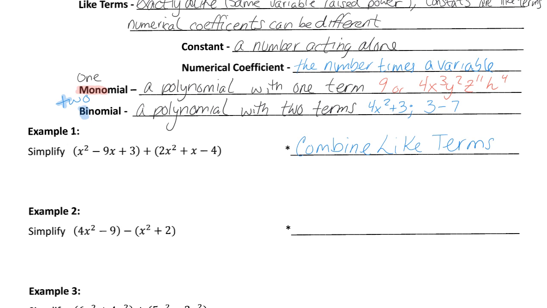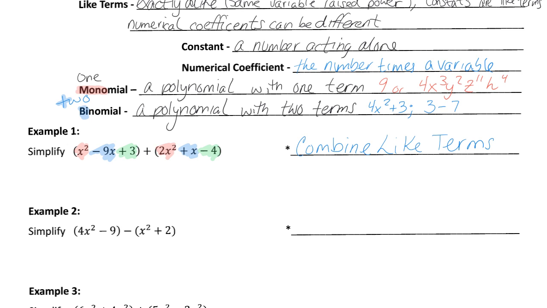Okay, so what I would do is I would highlight all of my like terms. So anything with the same power and the same variable. So I'm going to highlight all of my x squareds, all of my x's, and I make sure that I highlight the operation with them as well. So that way when I write it all out, I can get a clear